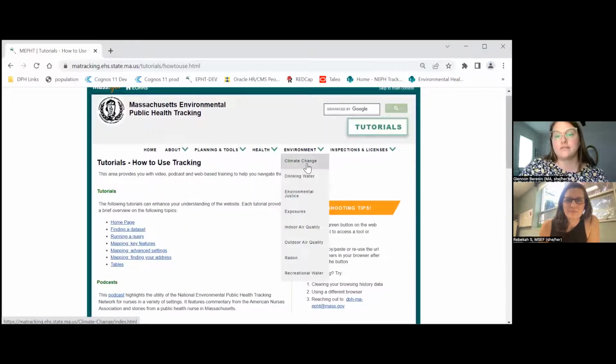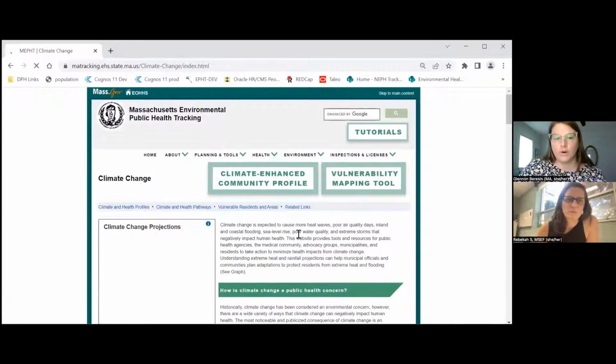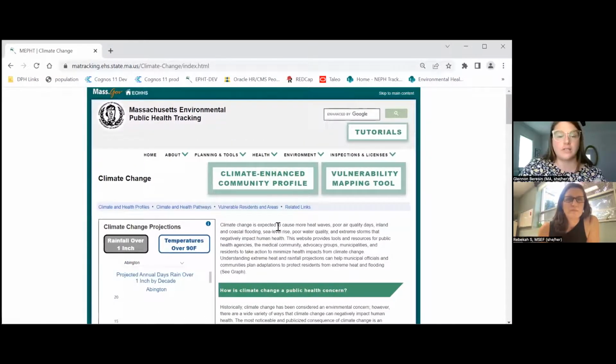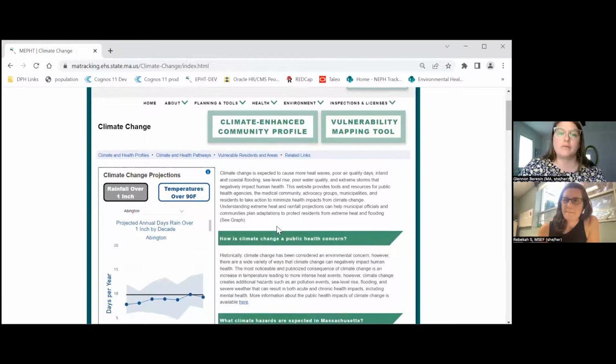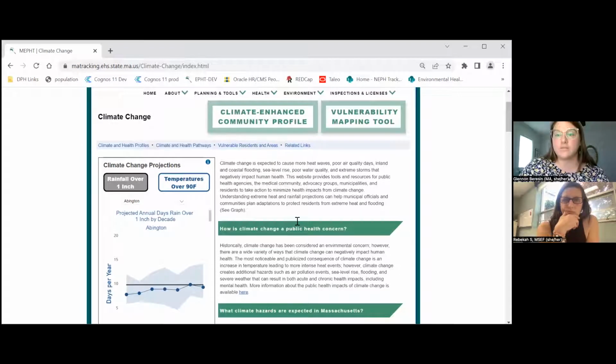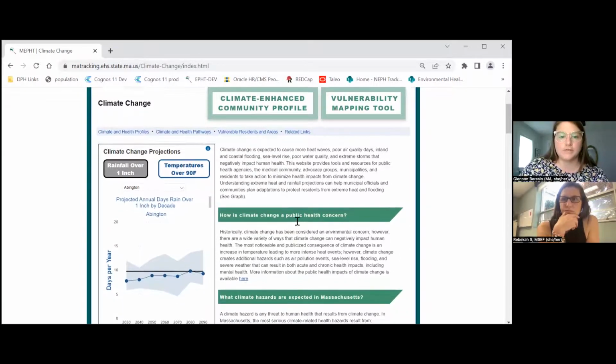Again, we cover lots of different topics, and one of great import is climate change, essentially. So we have a lot of great background information here. You'll notice the buttons here don't say Explore Maps and Tables, but there's actually this wonderful vulnerability mapping tool you can access here. And we also have our community profile highlighted on this page because it's enhanced with climate change information.